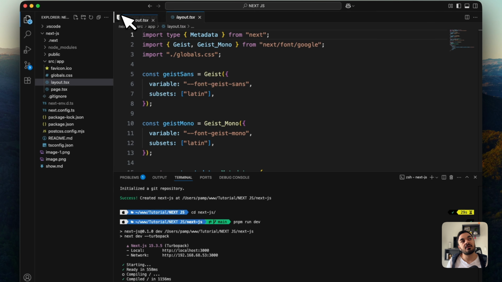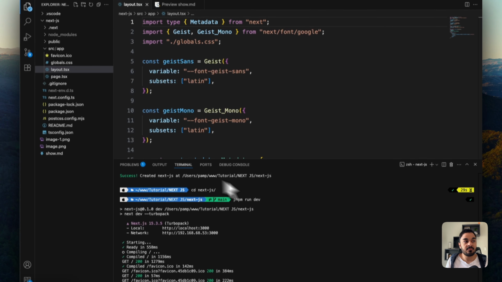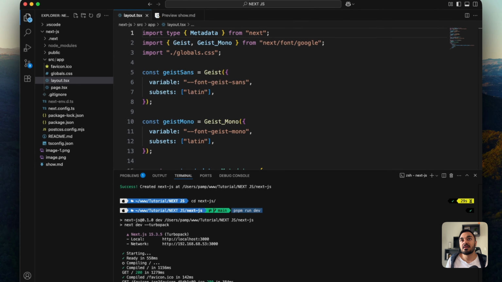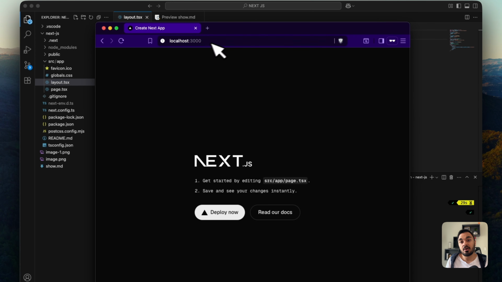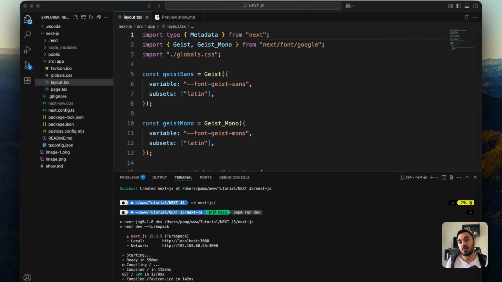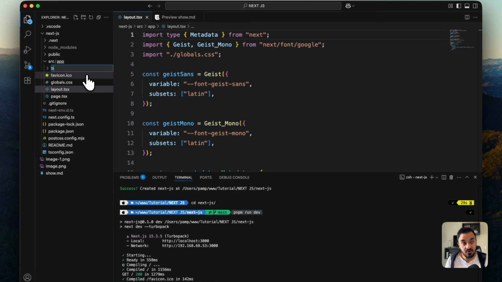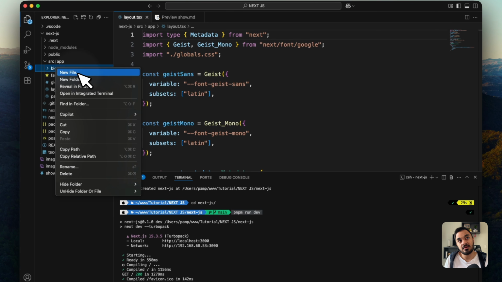Open up a layout tab. So we already did the pnpm run dev to run the dev server, and now we have the application on localhost 3000. After this, if we want to create a blog section, we will need to follow the steps that I said before. So create a new folder. This new folder will be called blog, and inside blog, I'll basically create a